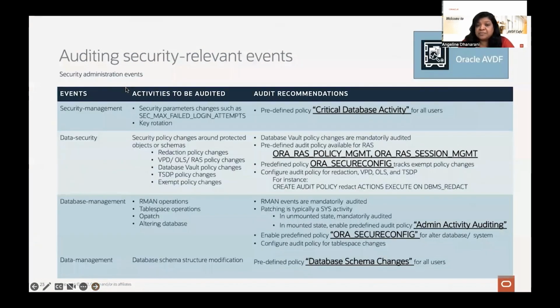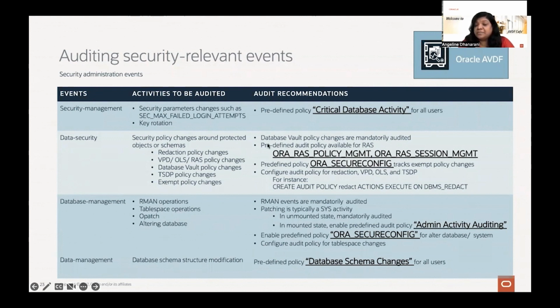For security management events, you can just use the single click option of critical database activity, which is available in AVDF. Data security, if you were to use any of these policies, right? Redaction, VPD, OLS, database vault, TSTP, XM policy, you can create these as custom policies and provision them.